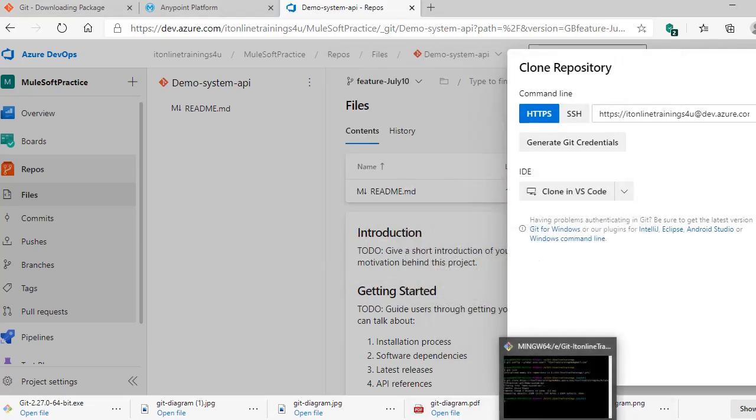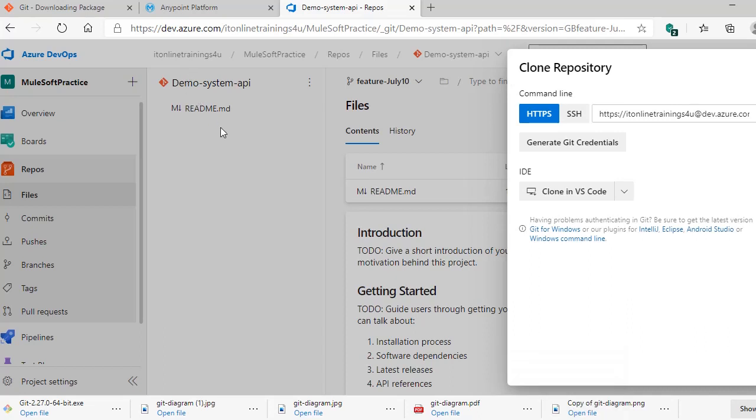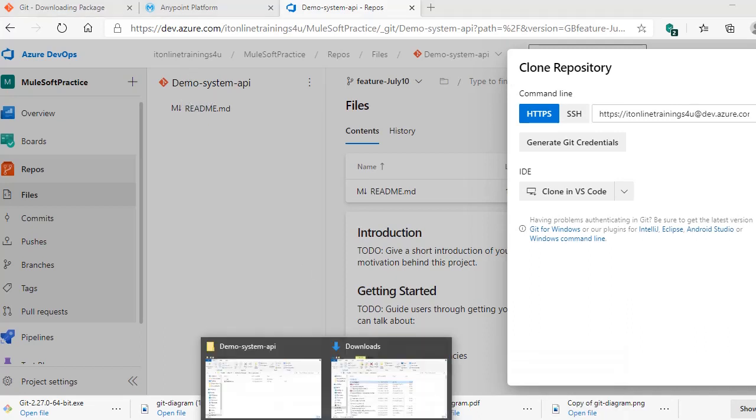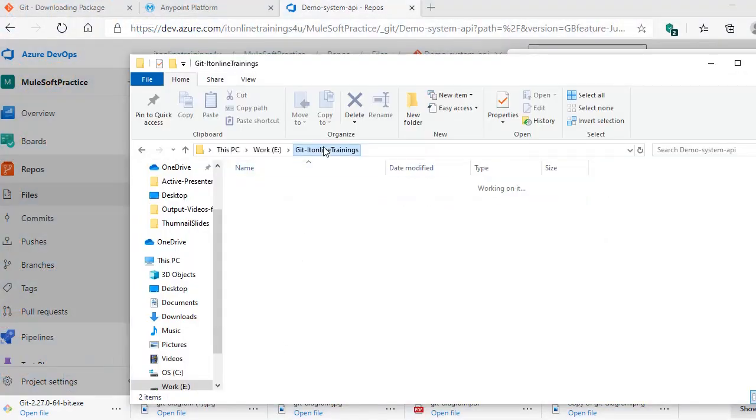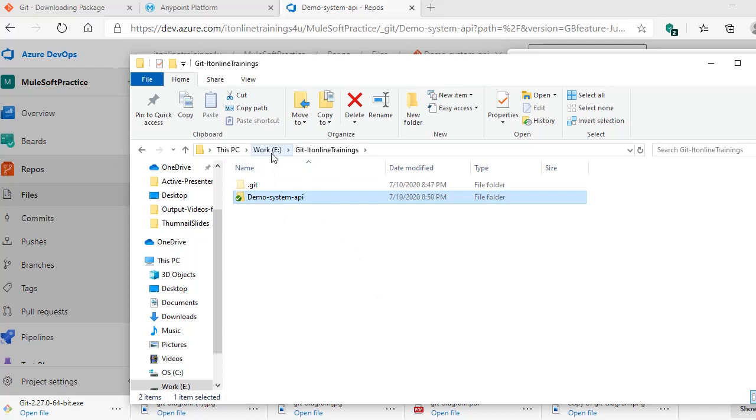So this is how you need to work with the global and local repository. Let's try to commit some code. For now, for testing, let's create one test file here.